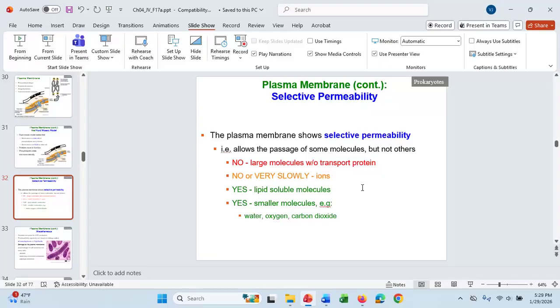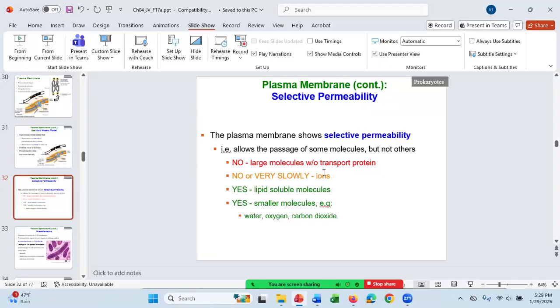Lipopolysaccharides, or trying to remember what the thing is called in the high density cholesterol and low density cholesterol. Those are lipid soluble molecules. They are inside the blood, although they have to be surrounded by molecules which will allow the lipid to be inside the blood. But they can move right through the cell membrane, is my point, because it's a lipid soluble molecule. Smaller molecules can move across the cell membrane.